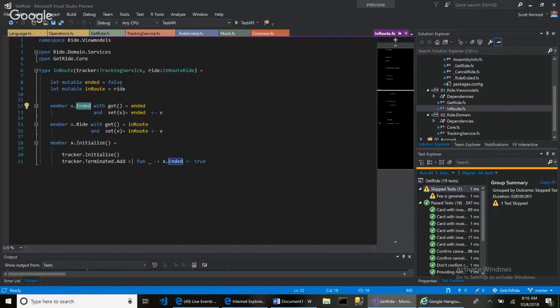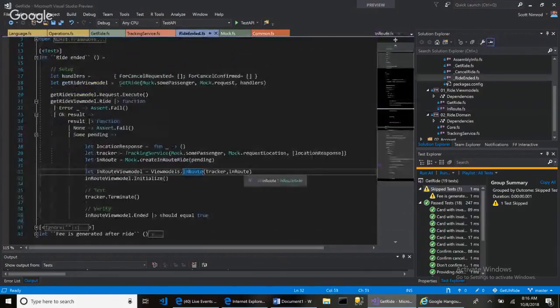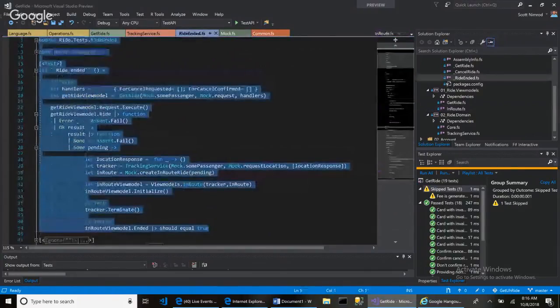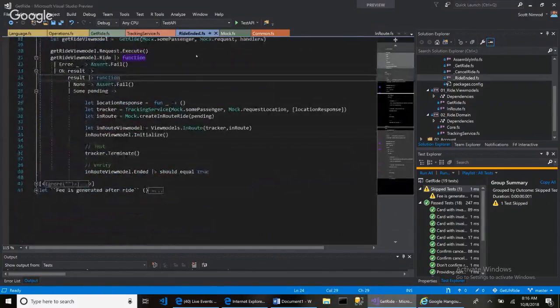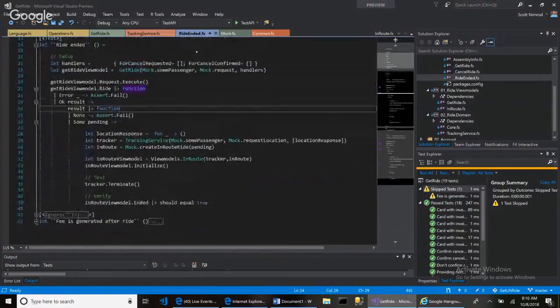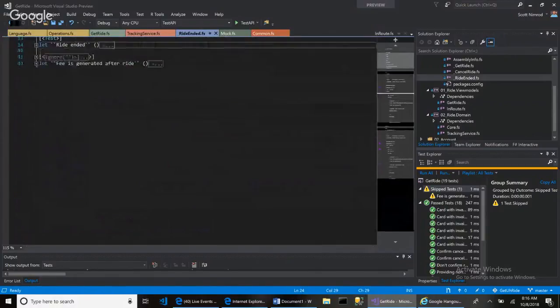I'll just leave it like that. This logic is kind of complex, and I know that there's probably opportunities to make this cleaner,